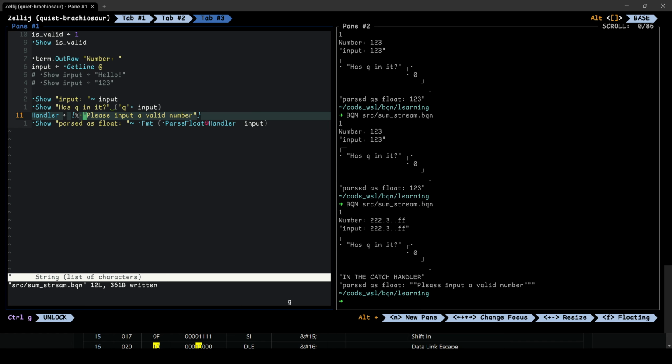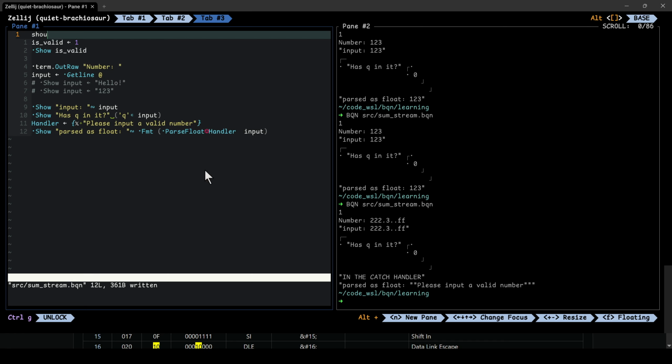Well, there's actually 3 states, right? It's either invalid, or you quit. Here should quit equals 0. Is valid equals 1 by default. And then this thing, if it's not valid, because okay, what I'm thinking is we have the 3 things to manage. We've got to loop over it over and over again, and each check of the condition has to do this. But the handler,